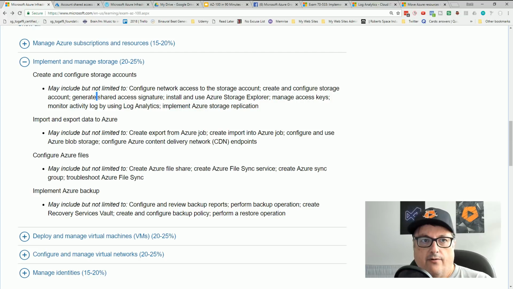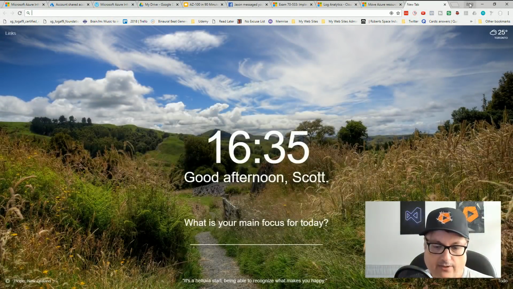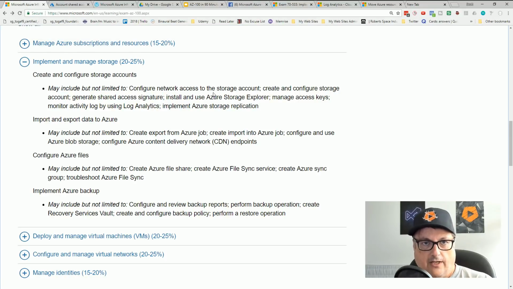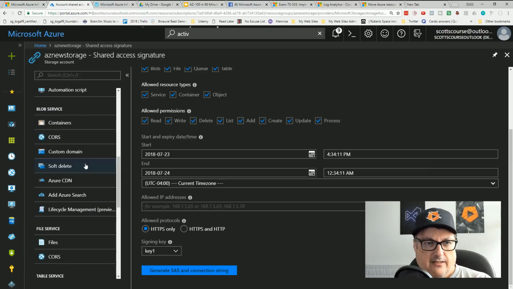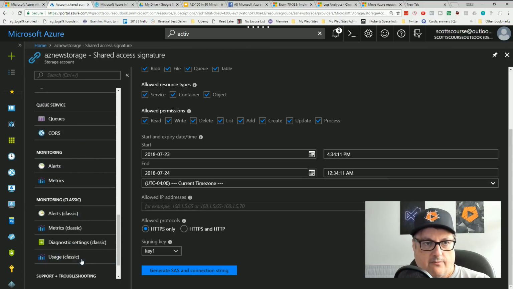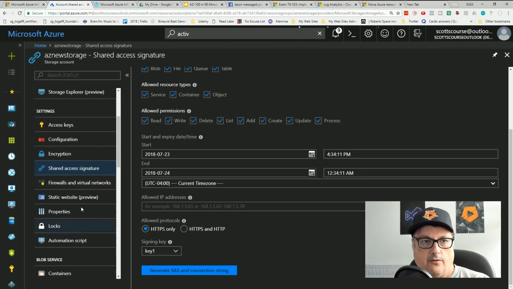So the other thing besides shared access signatures is the access, what's it called? Secure access plan or something like that. Okay, so this is just one way of allowing access to your account. You can use access keys, etc. Let's see if they've got support, troubleshooting, metrics. Cool.